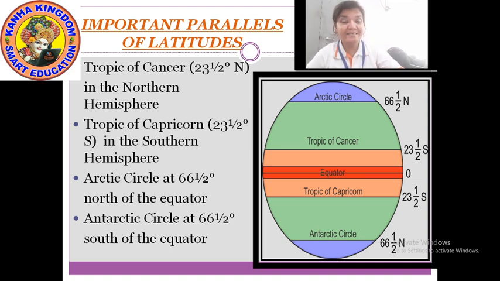And you can see easily that this equator is dividing the earth or the globe, you can say, into two equal halves. Okay. Now one main thing, you can see the Tropic of Cancer. The Tropic of Cancer passes through India. India is in the northern hemisphere. So Tropic of Cancer passes through India.